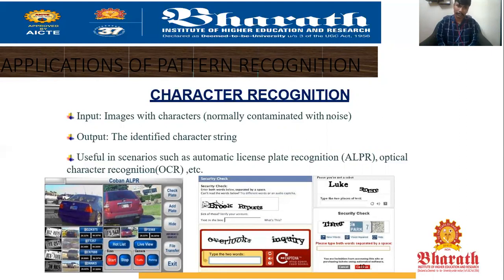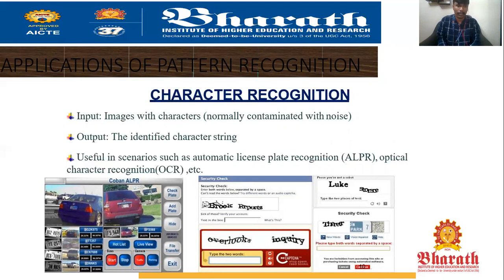And this character recognition also comes under pattern recognition, from the model of template matching and the model of statistical modeling. Input will be the image with characters, without any noise. The image will be acquired as an input. Output will be matched with the reference data, and it also comes under template matching. Output will be produced by using the template